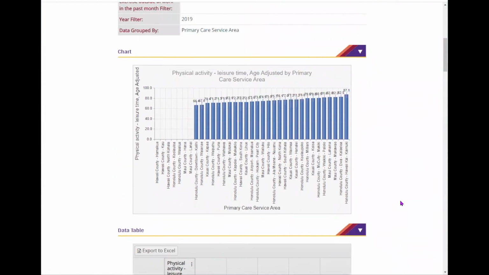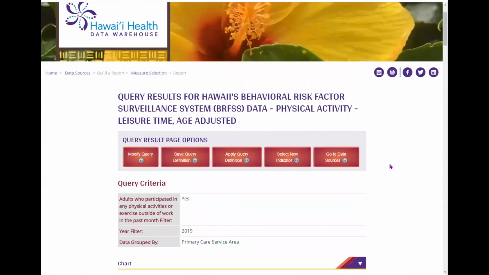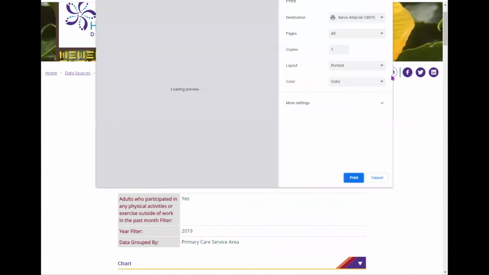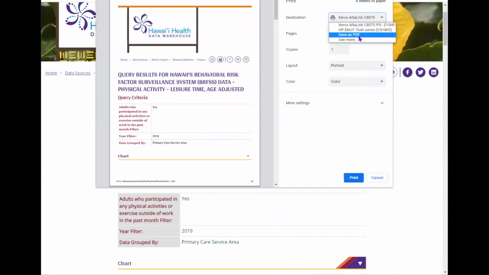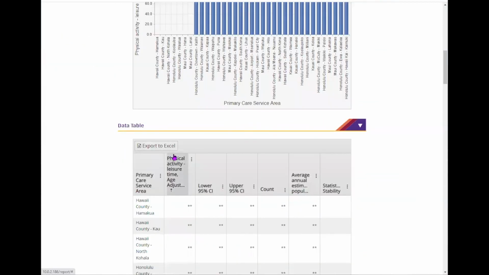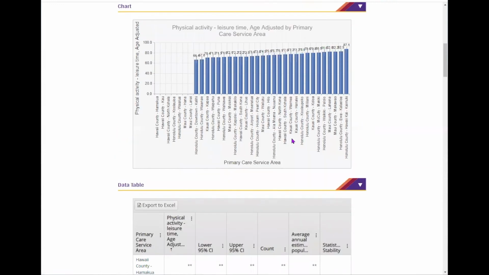Default reports can be emailed or shared on social media by using the icons at the top of the page. To save your customized report, click the printer icon to print the report or save it as a PDF. While you cannot export the charts in HHGW, you can use the Excel data to create your own chart or take a screenshot of the HHGW chart.